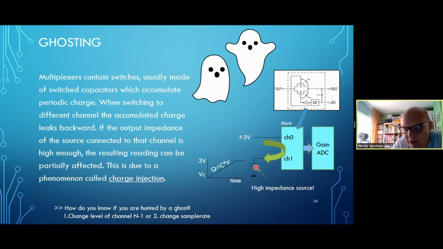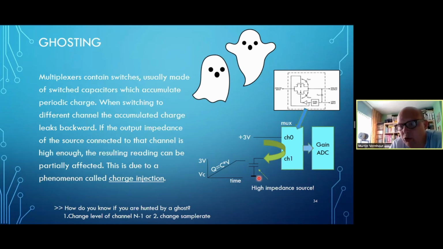And it's really this what is happening. That charge injection is a pain in the butt. It's just what it is, and you get it for free if you have a multiplexed analog to digital converter. So this is what you get. Now the problem, of course, is will it be noticeable in your final application? And most of the time that's not the case, because this is a high impedance source.